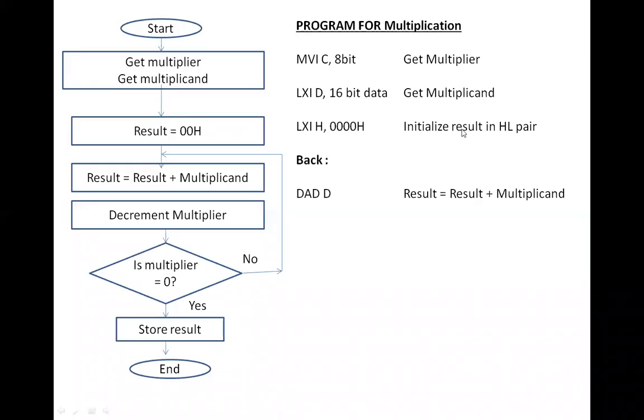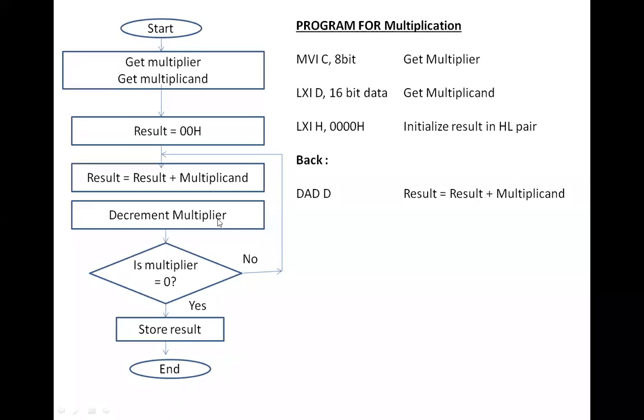So HL pair contains the result and DE pair contains the multiplicand. So DAD D will add 0000 with 0006, and the result will be stored in HL pair, and that HL pair will have 0006.